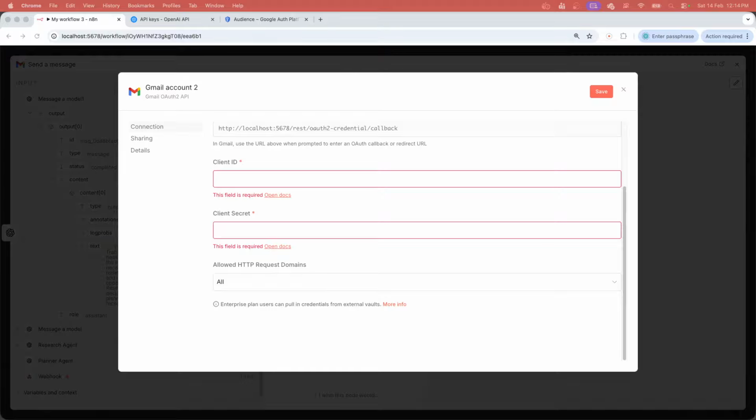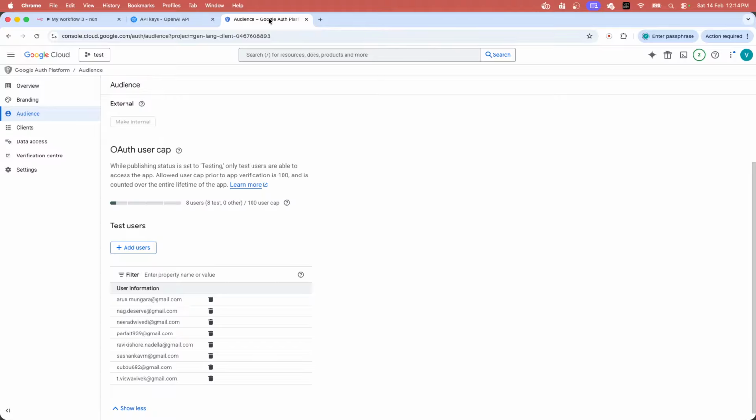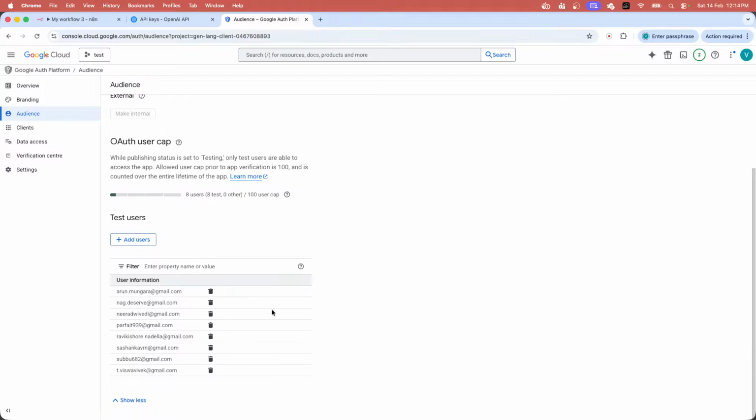Now share your screen. Ravi Kishore, you are already there. Share your screen, Ravi, once. You click on Ravi Kishore dot nadela. Client unknown client. Continue. Yes, select all. Continue. Failed, the callback state is